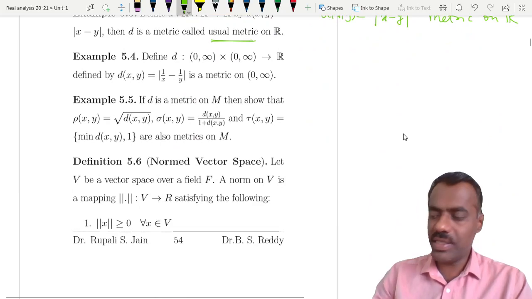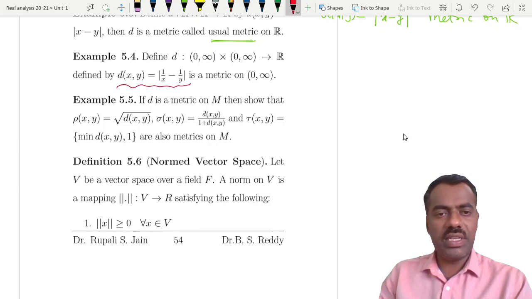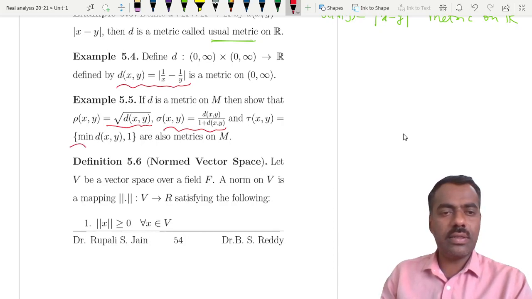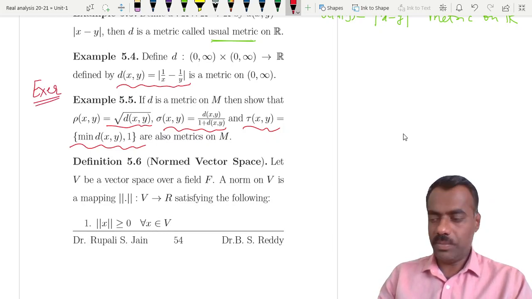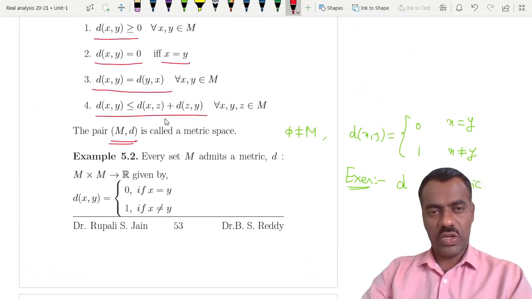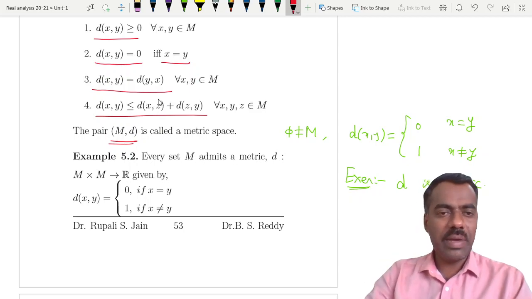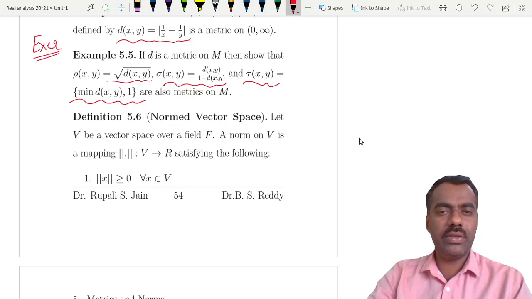There are some other different types of metrics available. Some of them I have mentioned here, and you just try and make sure that these are all metrics. Almost four different metrics we have mentioned here. So you just work it out, and if you have any difficulty proving any, most of the time while showing the triangle inequality one may have some difficulty, but try, and if you have not got it, you can ask me,